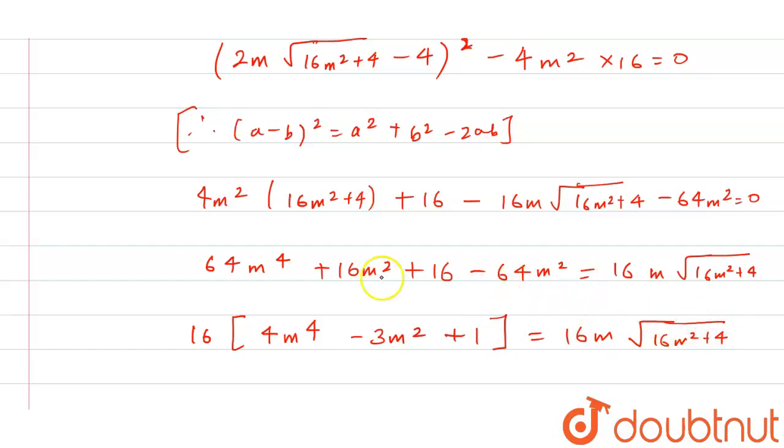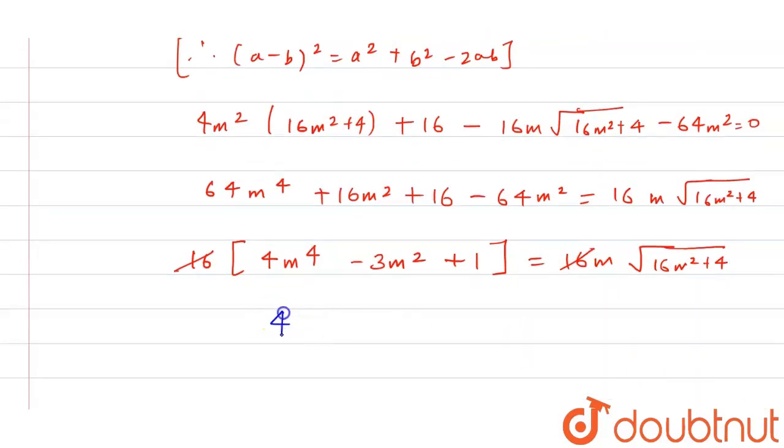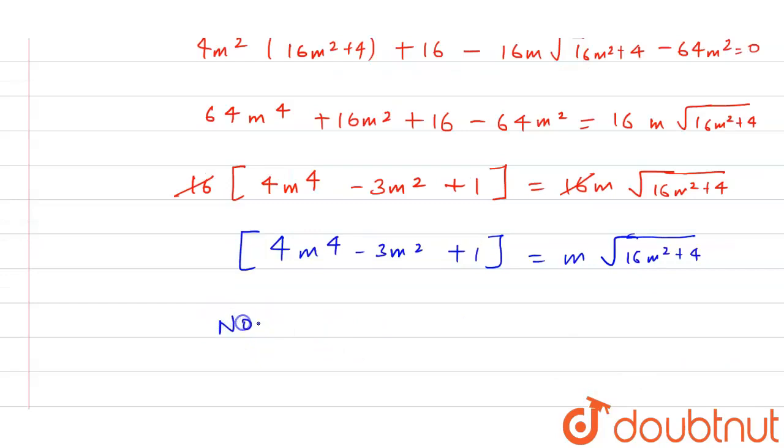This will be equal to minus 64 plus 16, which is minus 48, and if we take 16 common, we get minus 3m square. So this 16 and 16 now cancel out. So the value that we get is 4m power 4 minus 3m square plus 1, and that should be equal to m under root 16m square plus 4. Now by whole squaring both sides,